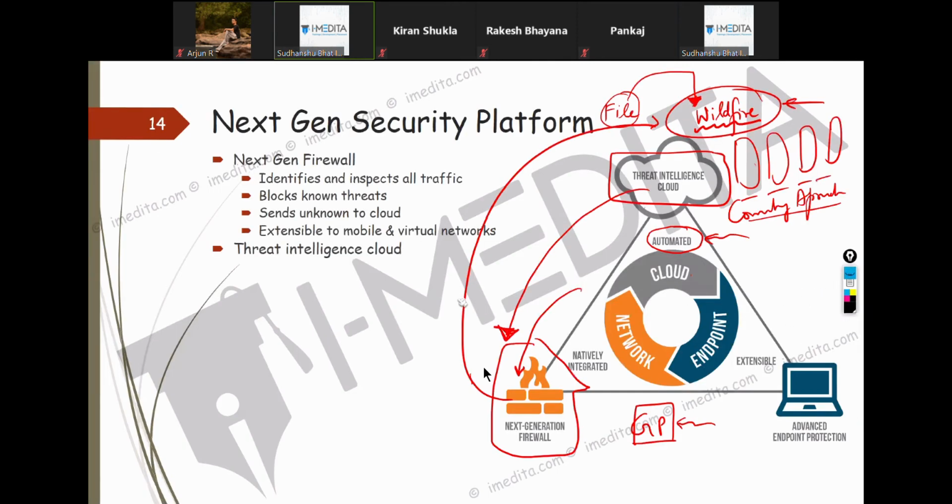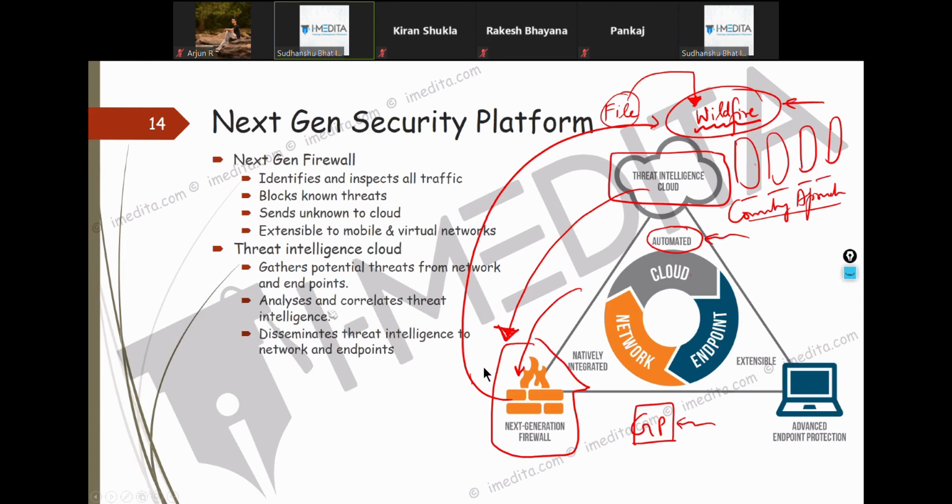So threat intelligence cloud is basically used to gather potential threats from network and endpoints. It will correlate the information and disseminate this intelligence to other networks and endpoints. Now, at this point, we have not discussed the endpoint security solution from Palo Alto.